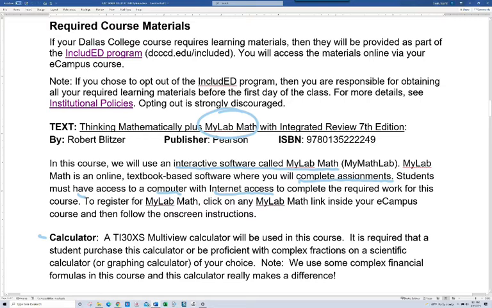All right, so calculator. This is not included with IncludeEd, and this is the calculator that I'll be using in class and that I highly recommend that you get. It's about a $20 calculator, and I understand why you don't want to spend the money if you already have a nice scientific calculator. Now, if you're really good with it, and you've got to be real honest with yourself here, you're going to be doing